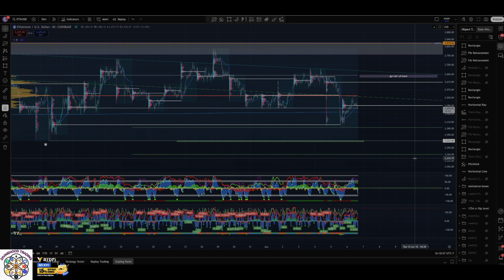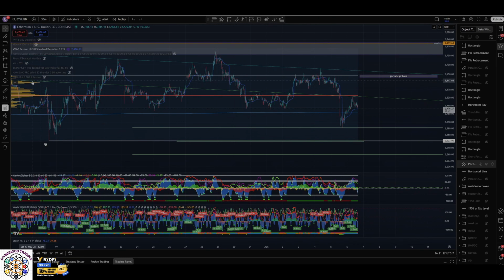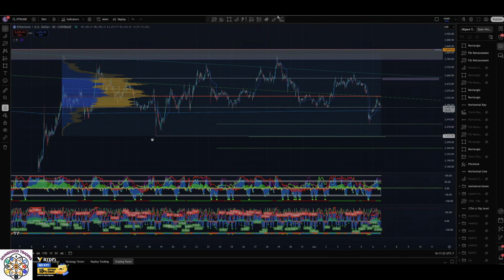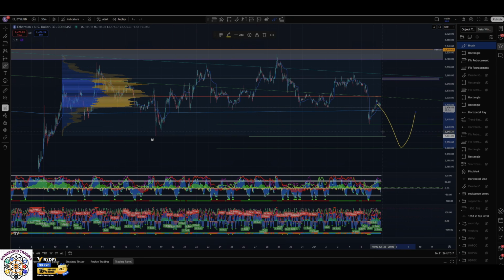Okay, and yeah, so the naked daily point of control is underneath us, a little bit underneath, but I would primarily be looking at this general area, from the naked daily point of control up to the value area high, to look for a lower high to come in and continue the breakdown. The reason I say that is because if this is going to be a larger wave four, I would still like to come down one more time to actually tap that 0.5